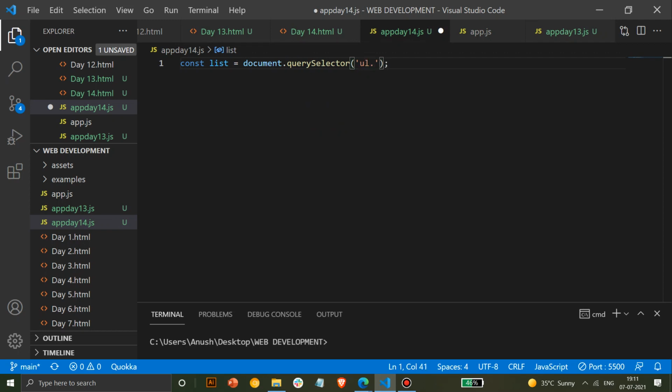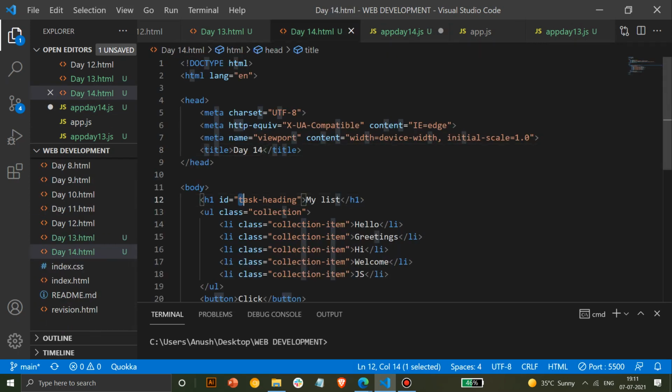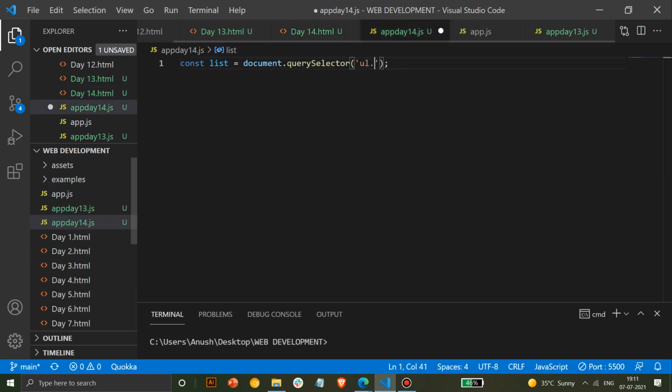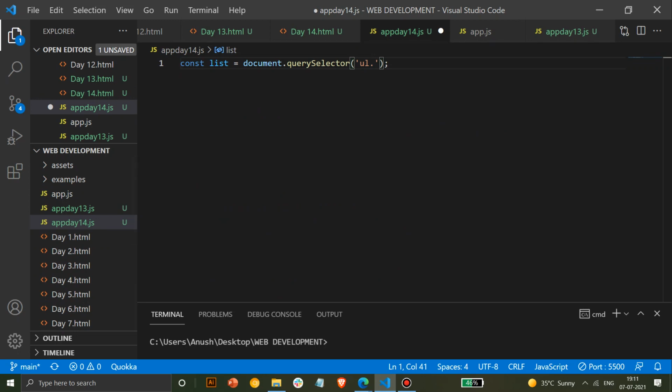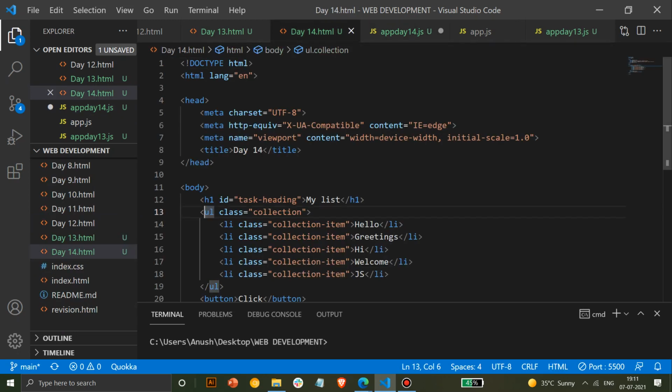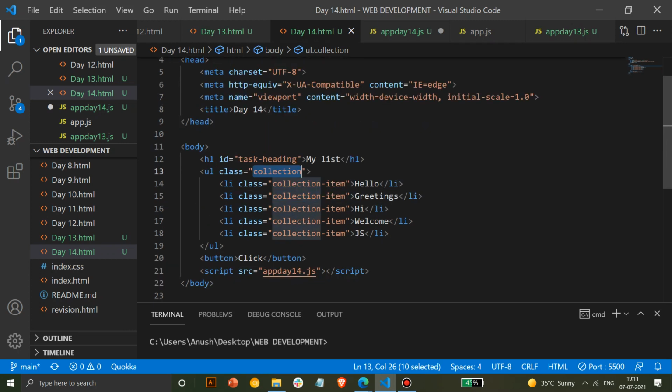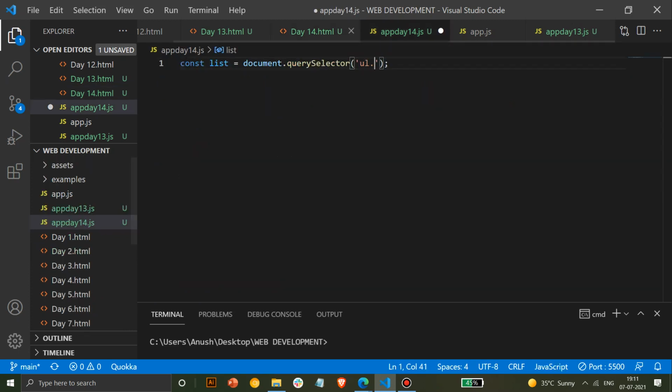Always remember this. And what's querySelector used for, anyone? Selecting the elements from HTML. Yes, by ID, by class, both of them. So with querySelector you can select either of them. It's a good practice to always specify the tag name along with the query. So suppose I'm using ul here, I should also mention the class with it. So that's why we do this. Like I will write ul.collections and not .collections separately. Why should I do that?